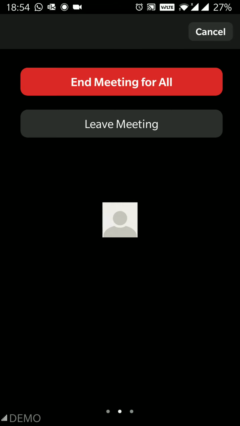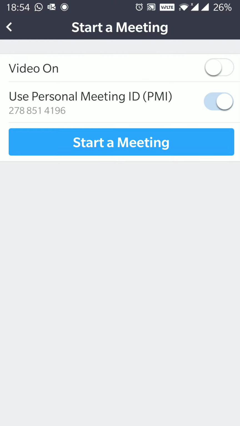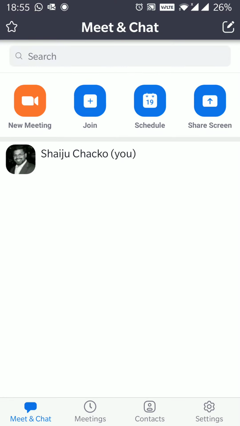Now, there are two options, and these options are not even there in Google Meet. Here you have two options. One is, as a host, you can leave the meeting, which will mean that the meeting will be carried on by the rest of your students or participants. You would not like to do that. What you need to do is end meeting for all, which will mean that all others will be forced out. Their meetings also will end as you end the meeting. So you end the meeting, you are back to your page, and you would have completed a good session using Zoom.